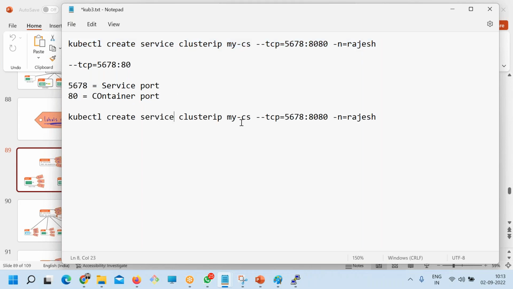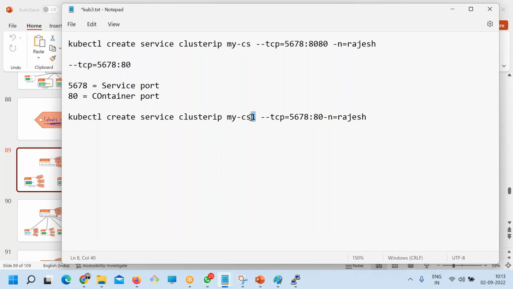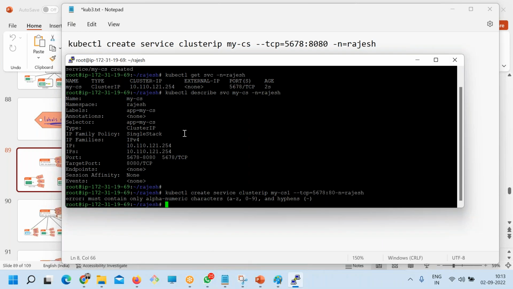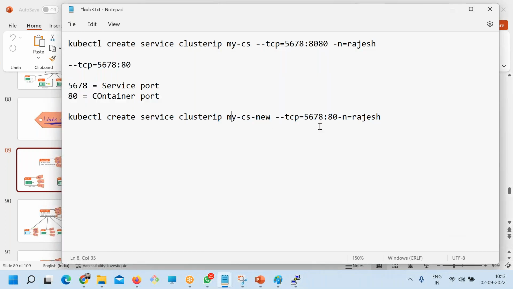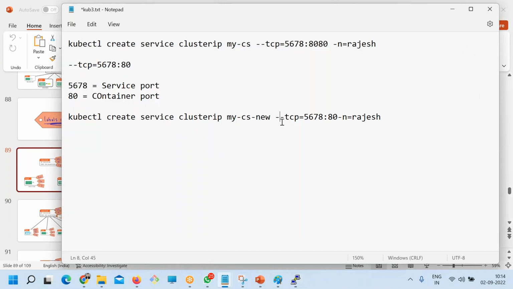Now let me create one more service, CS1. This time 80, because my container is running on port 80, no? Space missing. Space between 80 and -n. Okay.